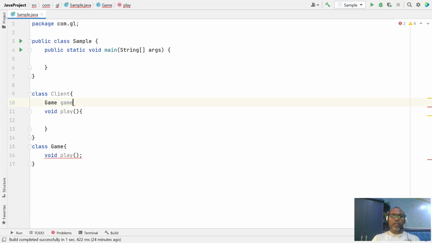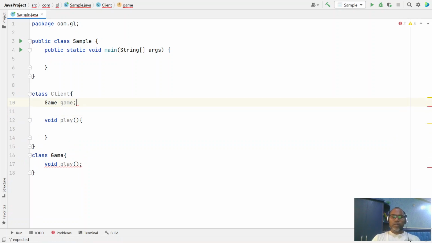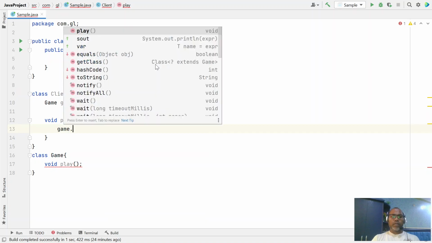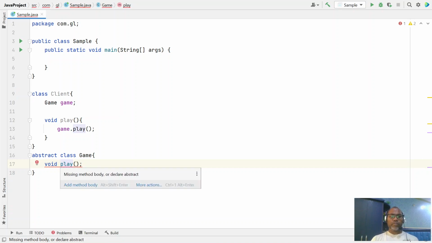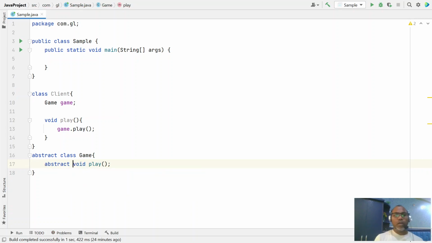From this game object we just use play. Here let's mark this as abstract. That means the game can be cricket, tennis or football. These are the games, so the actual class can implement this Game. But the problem is on which OS they are playing,